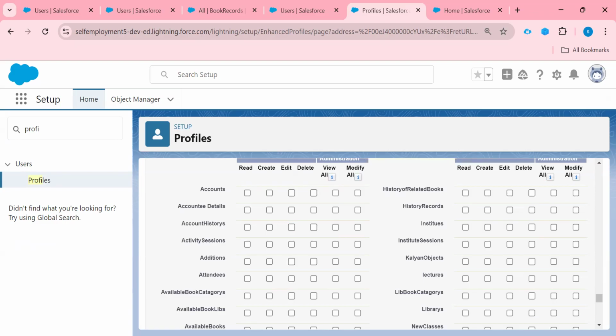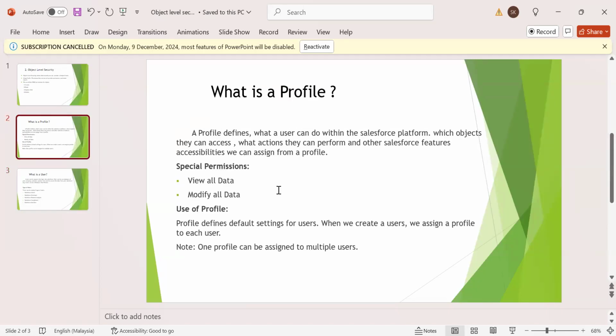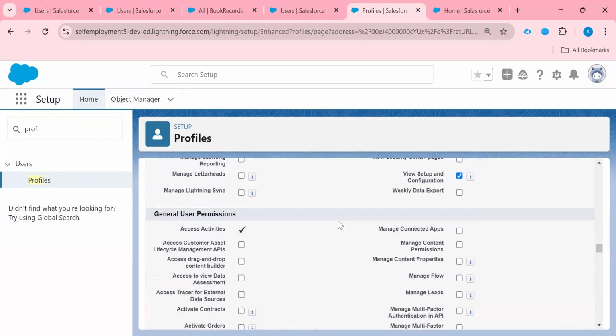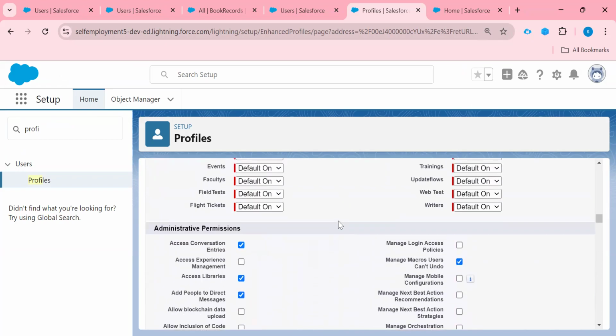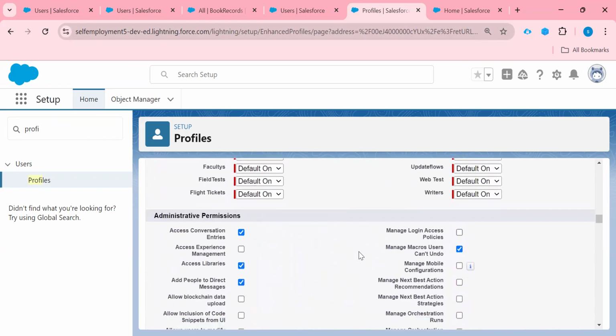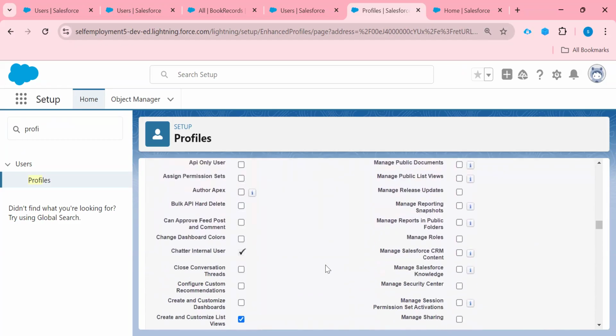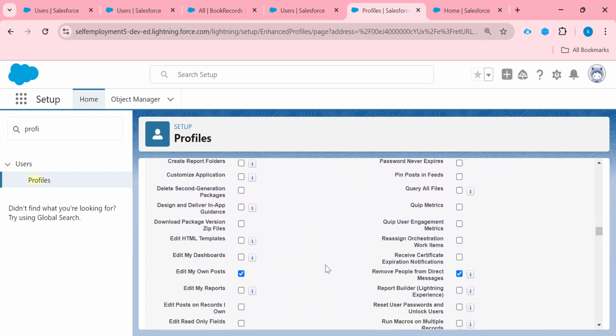Now I have talked about some special permissions also, that is view all data and modify all data, which I can also provide at the profile level. So come to our profile. This is our profile, and let me show you where these permissions are available. Under administrative permissions, if I scroll down here, you can see modify all data and view all data.